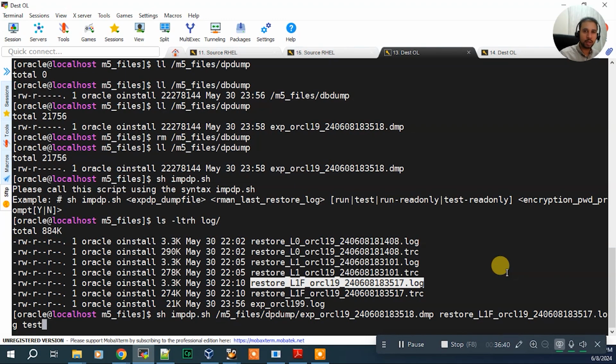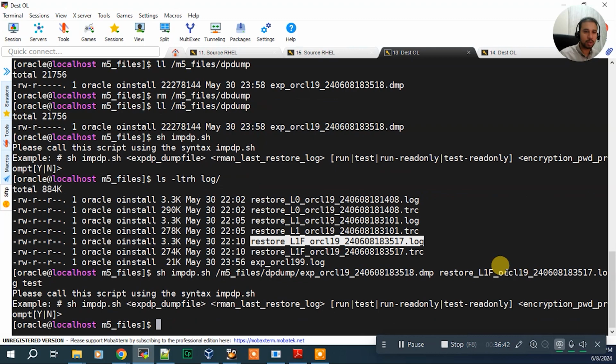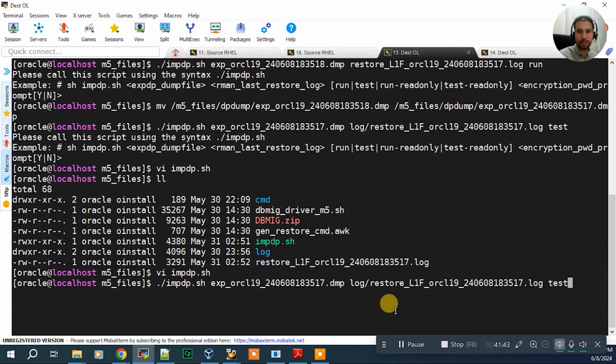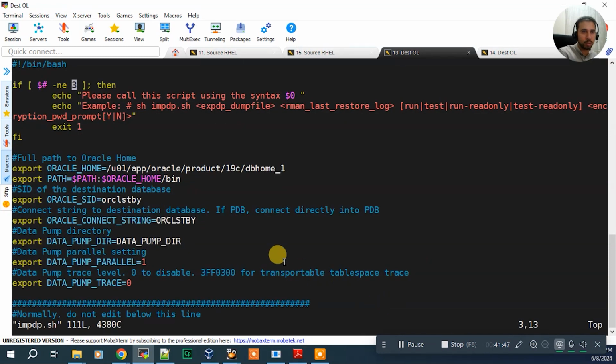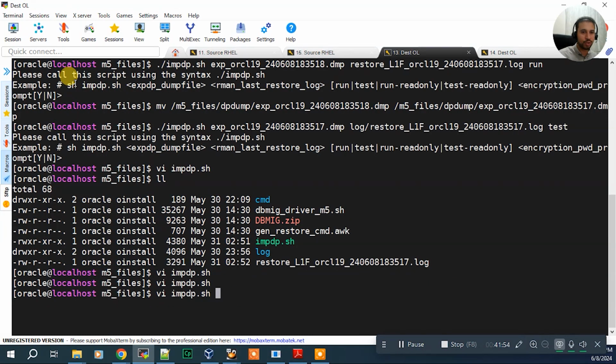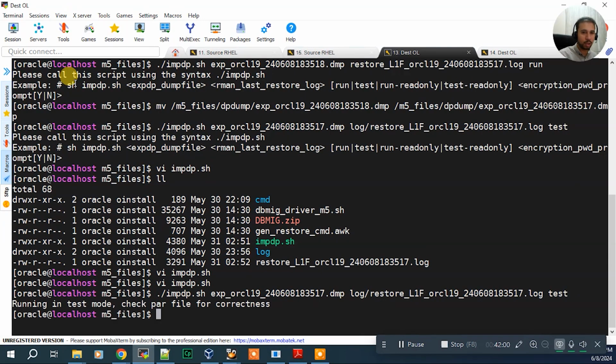Let's check this. Just to show you, this number was 4, seems by mistake, I'm not sure. So I have just corrected it and we will run it again with the test mode running. Okay, let's check the parameter file,